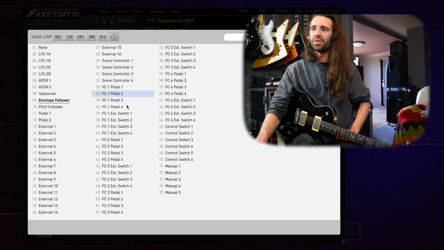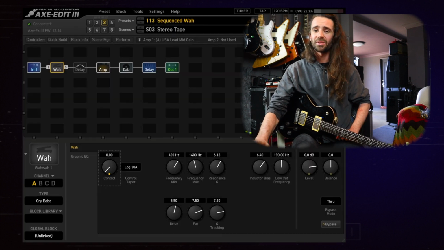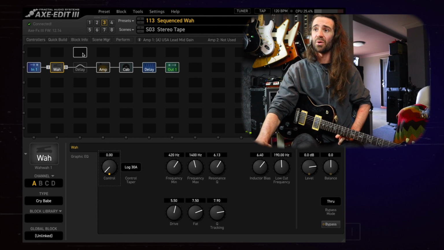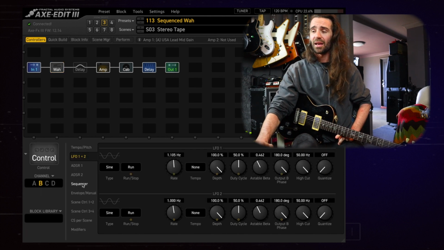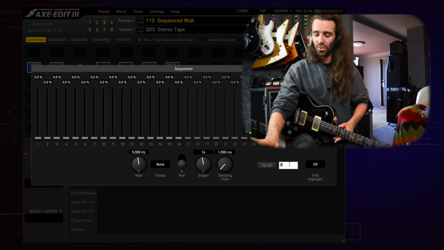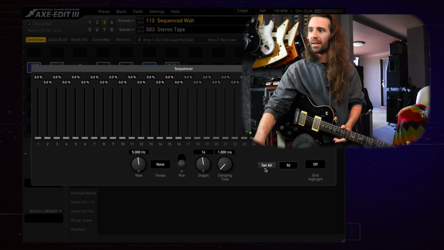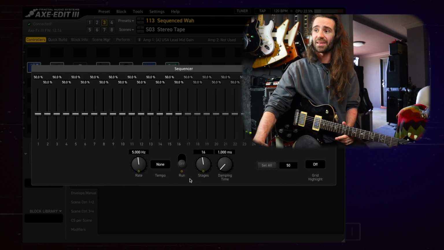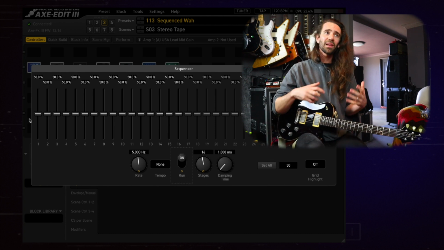Let's go with the sequencer, and I'm going to use the sequencer to basically draw a custom wah profile. So in the sequencer, I can set all the values to 50%. Let's do that. I'm going to start with 16 stages. I'm going to set run on, and then what I'm going to do is think about how I would normally